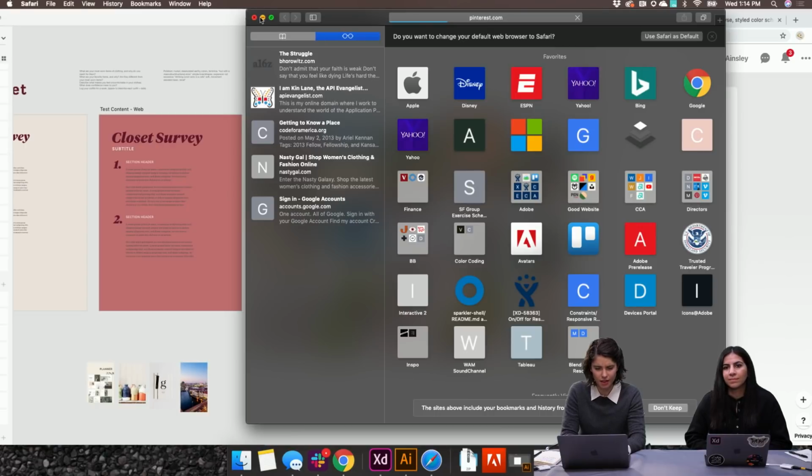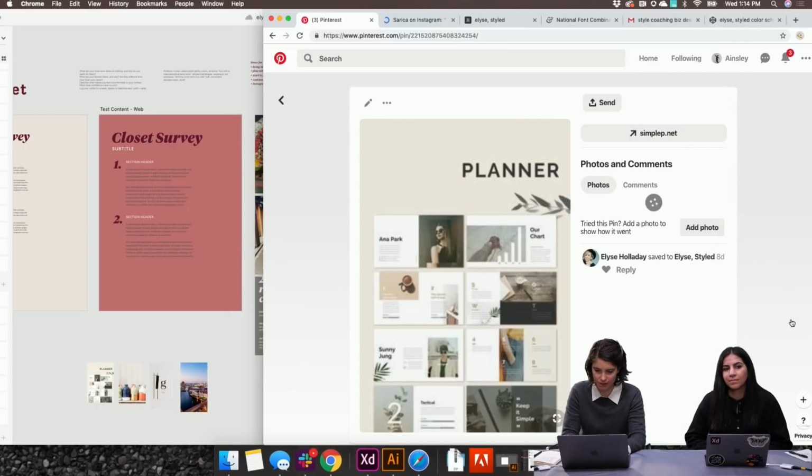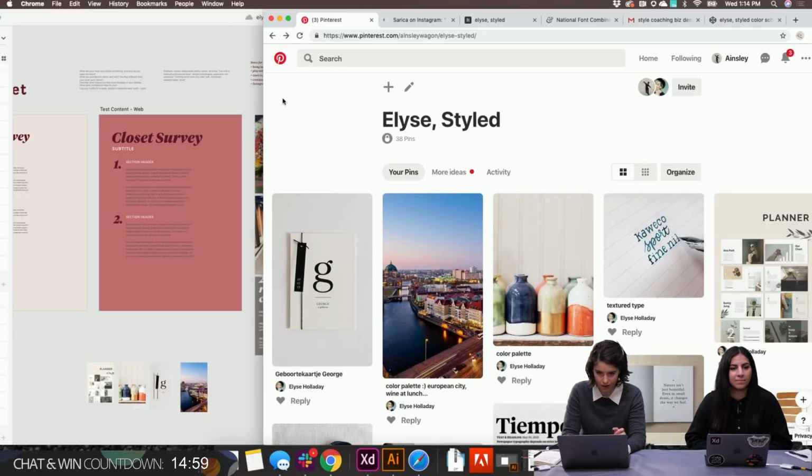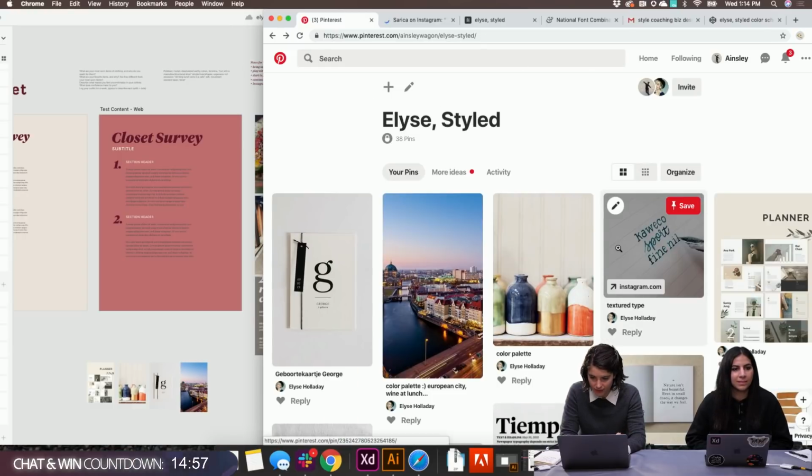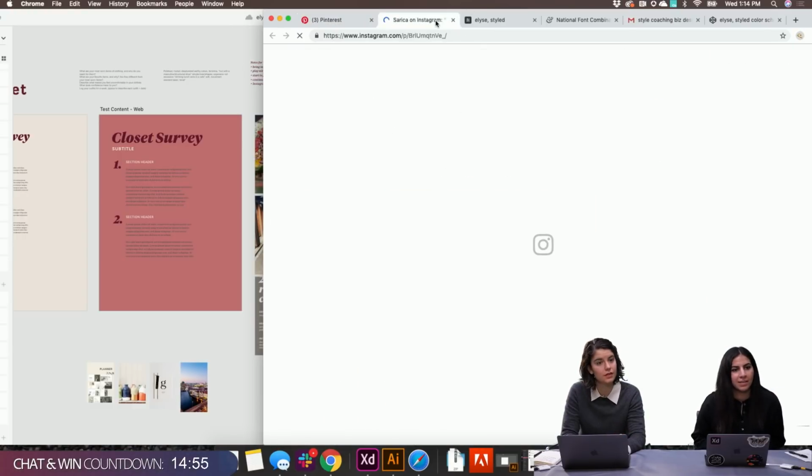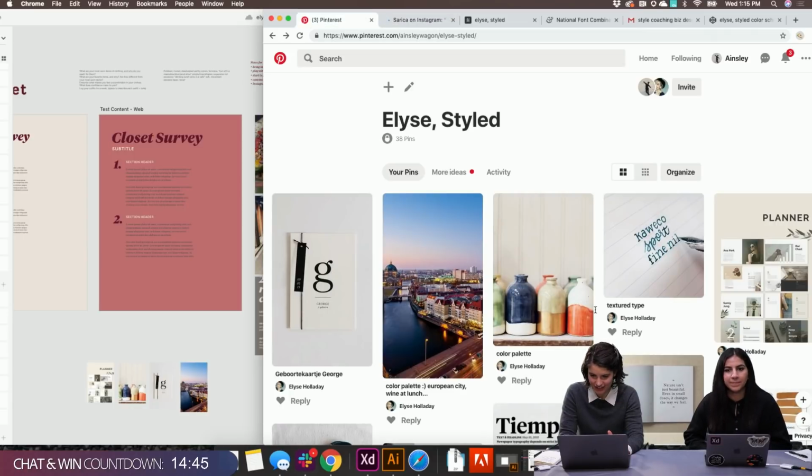I think it's maybe an issue with Pinterest because it's loading really slowly on Safari as well, but that's fine. Oh, Mel is saying that it worked for them with Safari. Oh, great. Okay, I will take your word for it, and that's good.